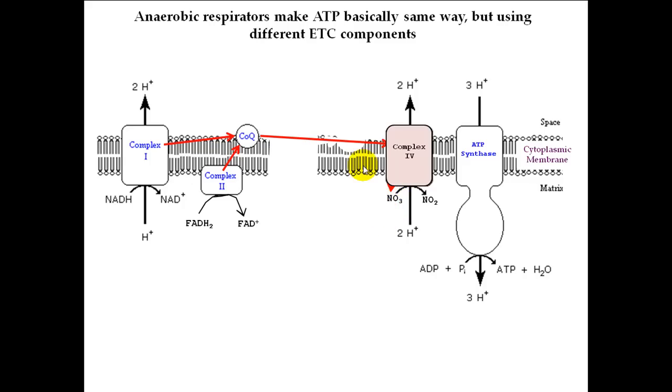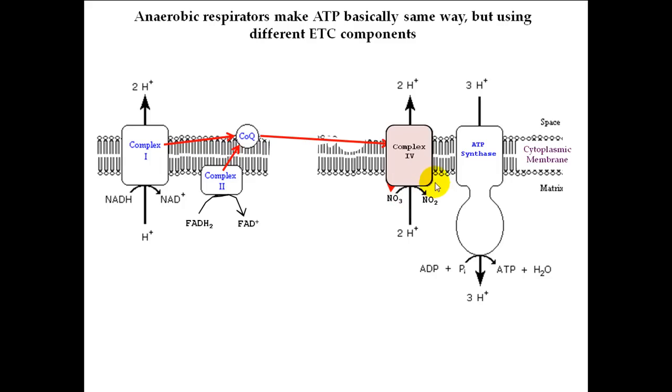Another thing that differs in anaerobic respirators as far as its electron transport chain components is this. So remember this coenzyme Q, its job is basically to take electrons from the start of the chain to the next complex in the chain. It turns out that coenzyme Q only works with the complex 4s that are found in aerobic respirators. Coenzyme Qs don't work with anaerobic complex 4s. The reason why is because